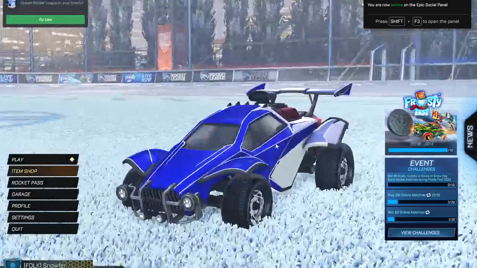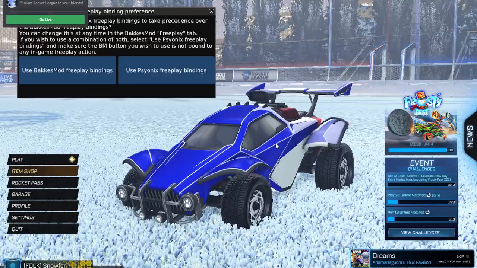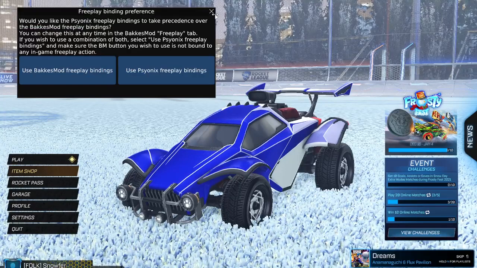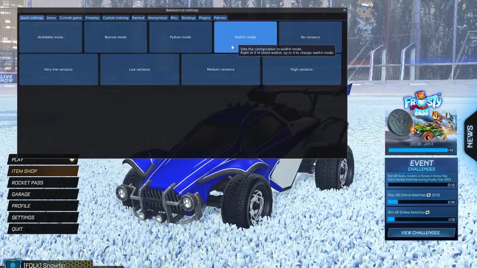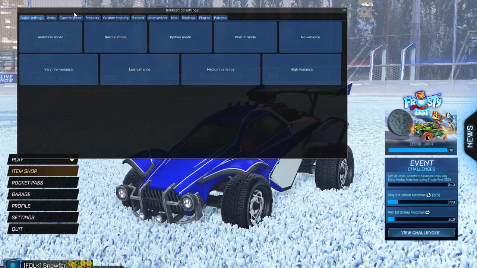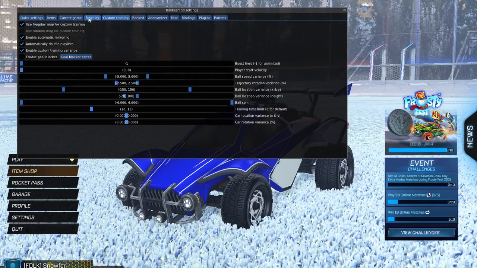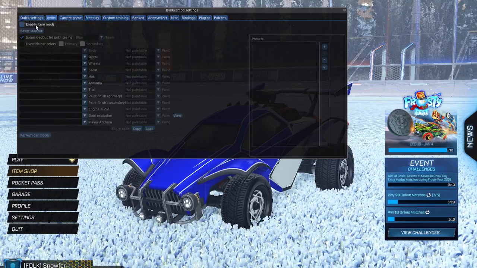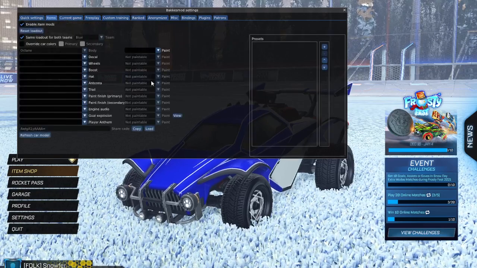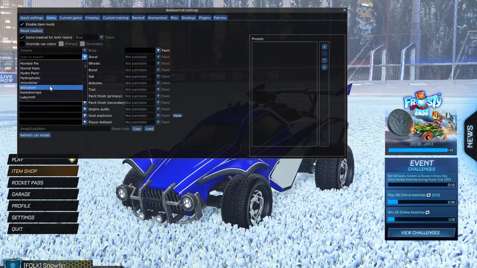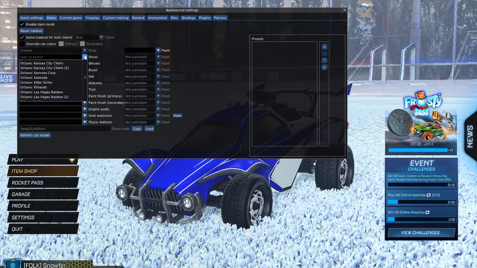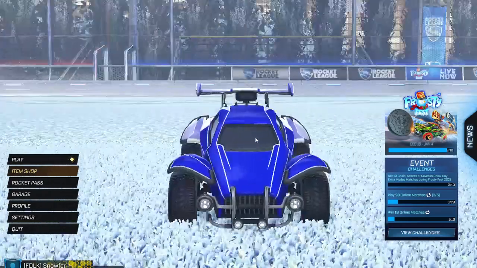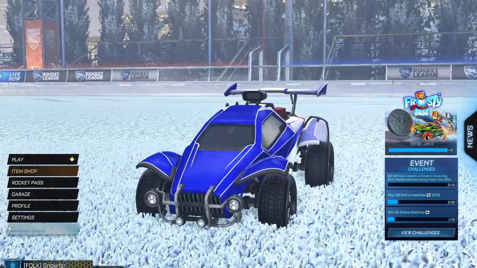When it's here, if you press F2, a menu should come up, and that will be the Bakkesmod menu. So if you press F2, you will have all the modes, custom training, free play. You can have items. If you enable the item mod, you can have any decal, any wheels, anything you want. That's Bakkesmod. You have successfully installed Bakkesmod for Windows 10.